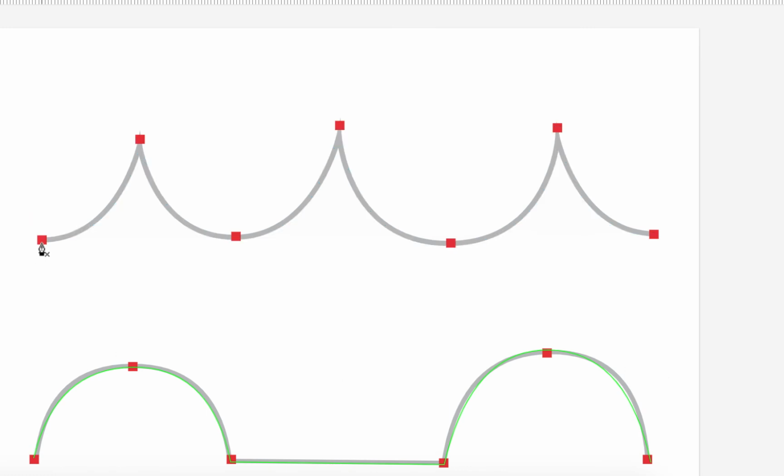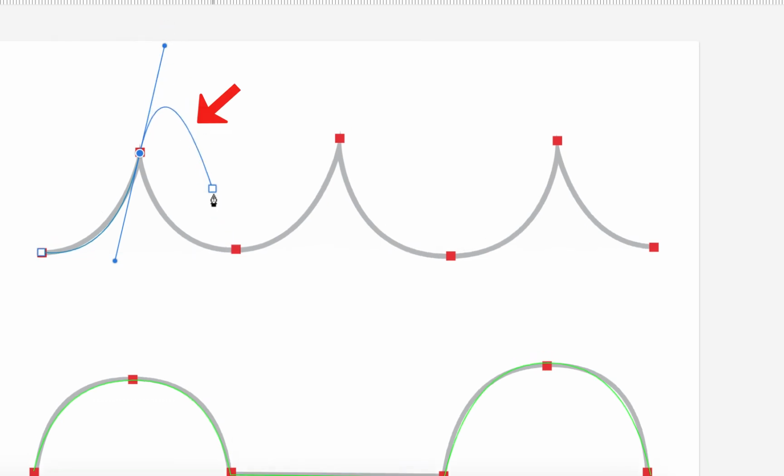I'm going to click and go up here and click and drag. So the backward handle follows that path, follows that little ocean wave. And then I don't want this handle up here because it's going to make the next, look what it's doing. If I go here, that's what that forward handle is doing. It's making the path go up. I don't want it, so I'm just going to click to get rid of it. Click right on it. That'll get rid of the forward handle and only leave a backward